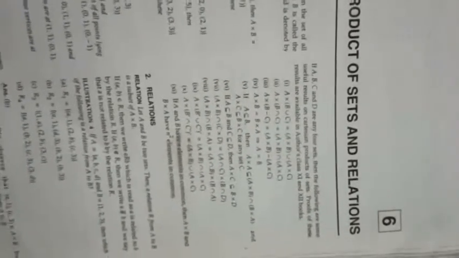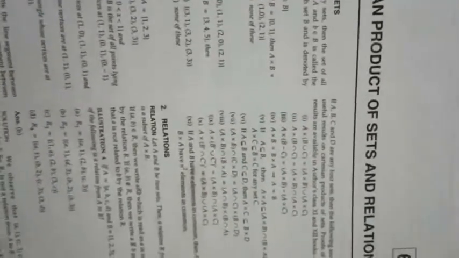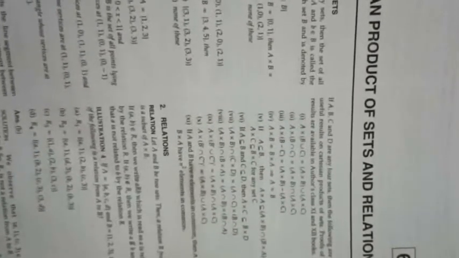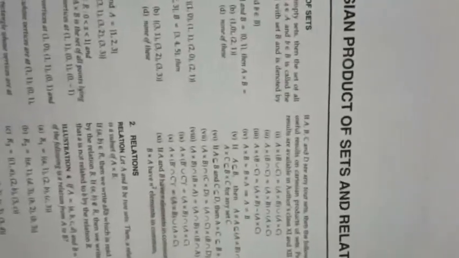If A is a subset of B and C is a subset of D, then A cross C is a subset of B cross D. (A cross B) intersection (C cross D) is (A intersection C) cross (B intersection D). And the 9th and 10th are: complement of (A' union B') cross... is (A cross B) intersection (A cross C), and the complement of (A' intersection C') is (A cross B) union (A cross C). If A and B have n elements in common, then A cross B and B cross A have n squared elements in common. You can check with an example.